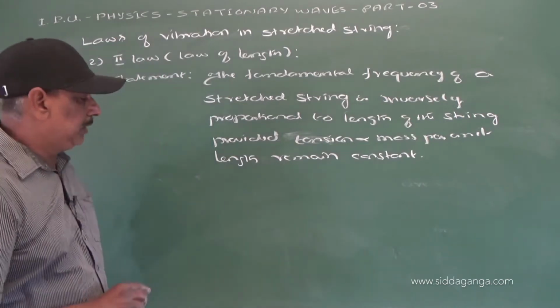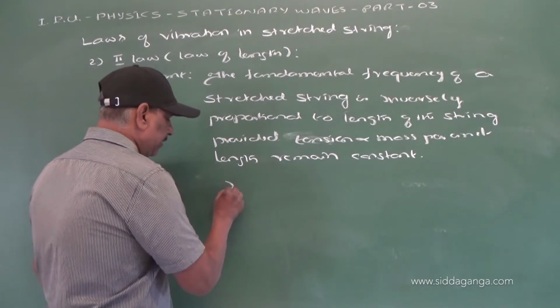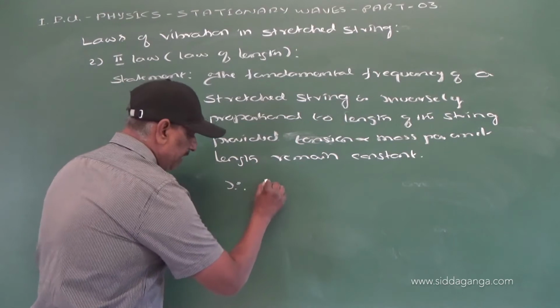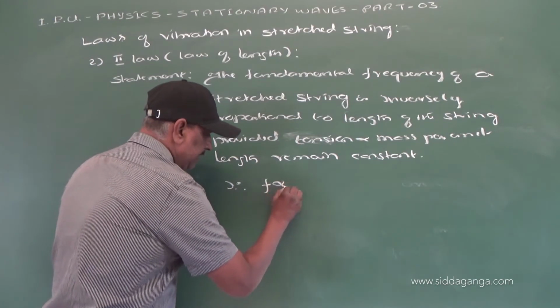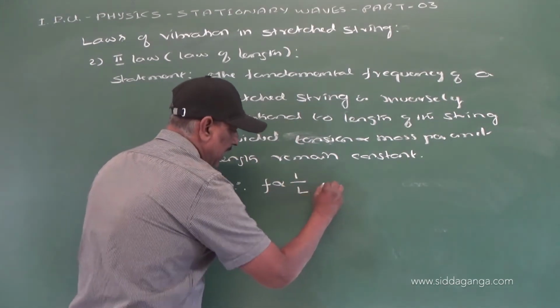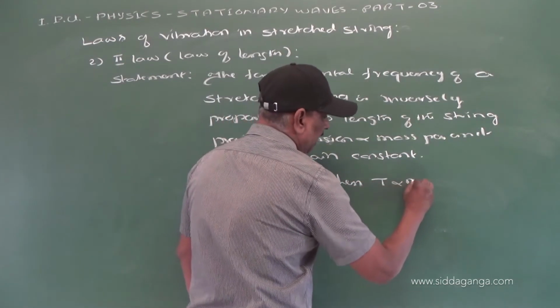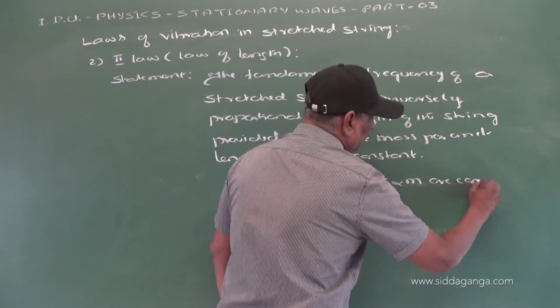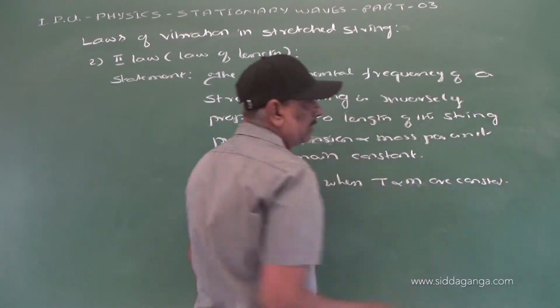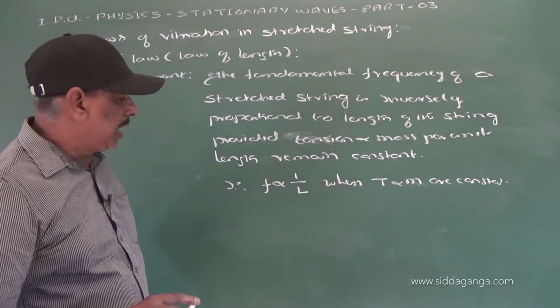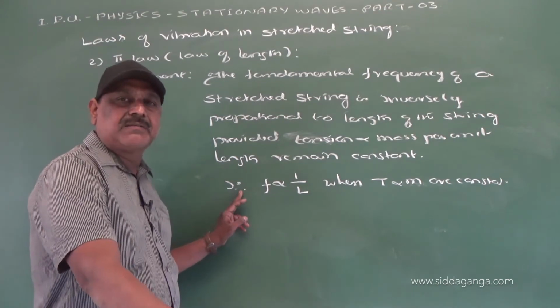Now, according to this equation, fundamental frequency F is proportional to 1 by L when T and M are constant. This law gives how the fundamental frequency of a stretched string